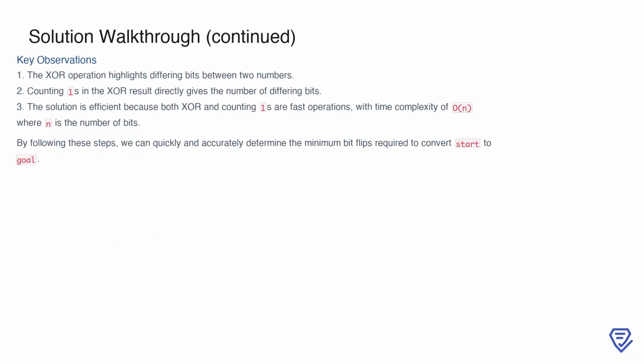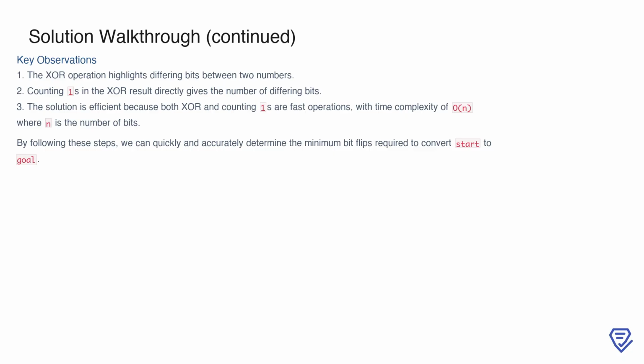This approach works because the XOR operation identifies exactly which bits differ between two numbers. Counting the 1s in the XOR result directly tells us how many bits need to be flipped to transform one number into the other. This method is very efficient since both the XOR operation and counting the 1s can be performed quickly, with a time complexity of O(n), where n is the number of bits in the numbers. By following these steps, we can reliably and efficiently calculate the minimum number of bit flips required for any start